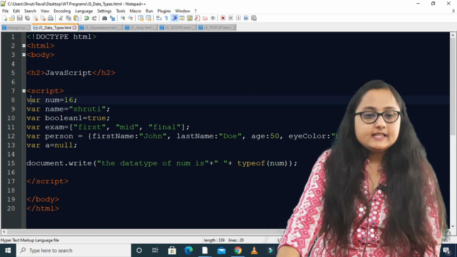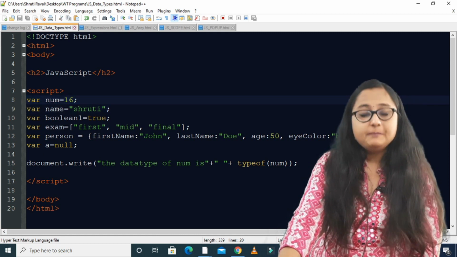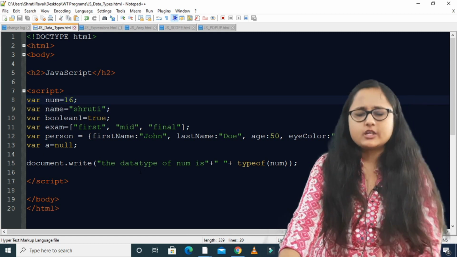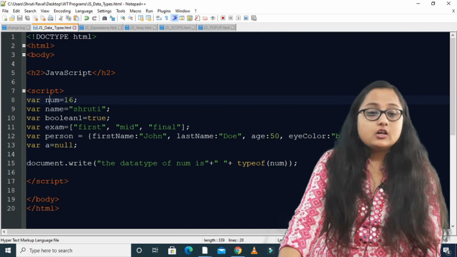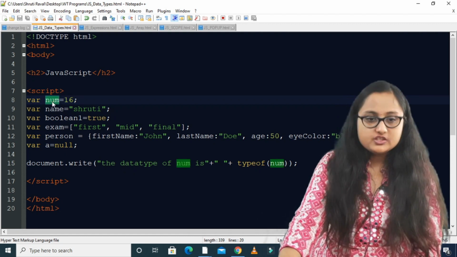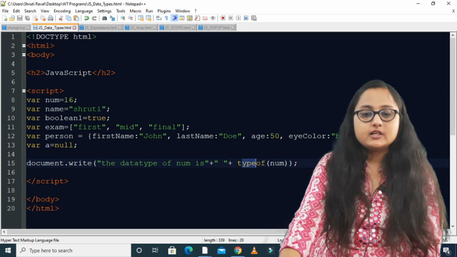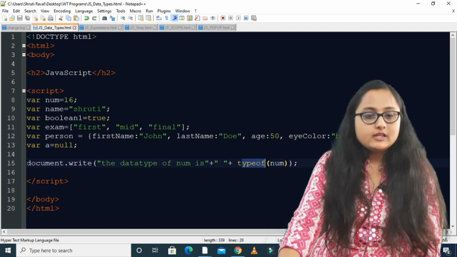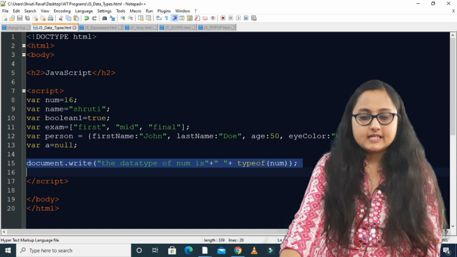Now let us see whether num displays number data type or not. If you want to see the data type of this variable, you have the typeof operator, right? So let us see what I have done in this statement.